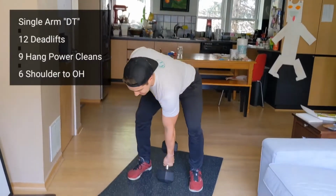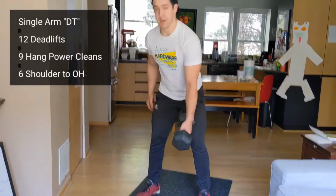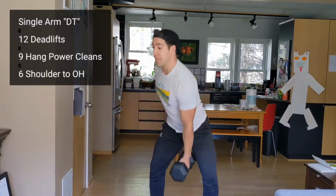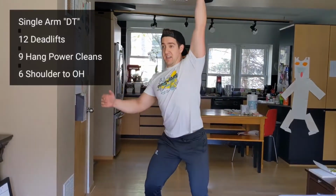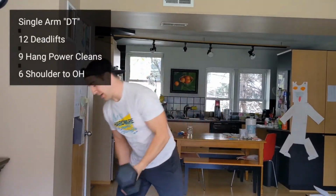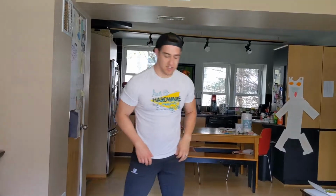12 deadlifts on the left arm, 9 hang power cleans on the left arm, and then 6 shoulder to overhead on the left arm. After that, we have core DT, which is